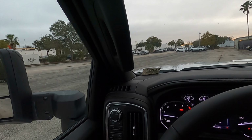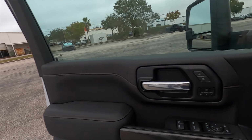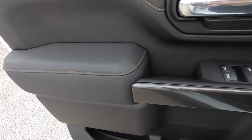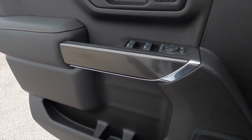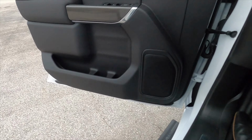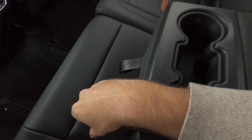Your grab handle to make it easy to get inside. Everyday materials on the top of the door panel. Memory for the driver. One touch up and down for the front windows. Soft for your elbows or your armrests. You have a simulated carbon fiber look, a long storage pocket, a little narrow to get in with the D-structure sound system. For the back seat, I'm at 40.1 inches of headroom, 43.4 inches of legroom, and it is a